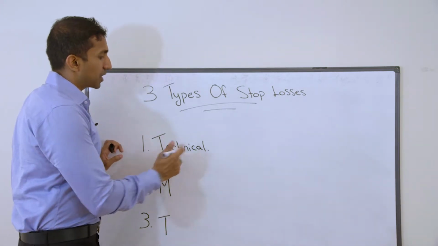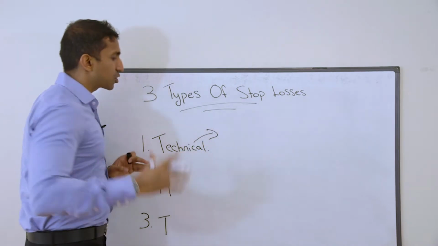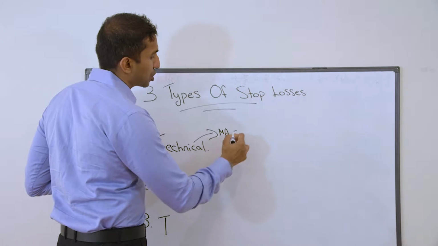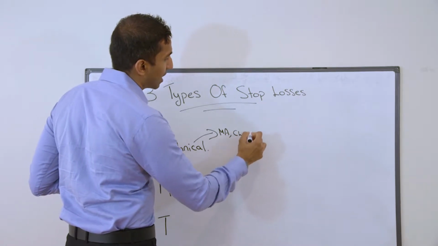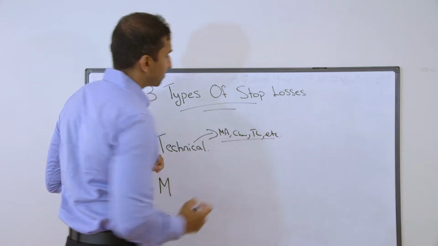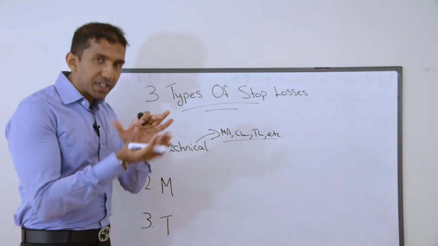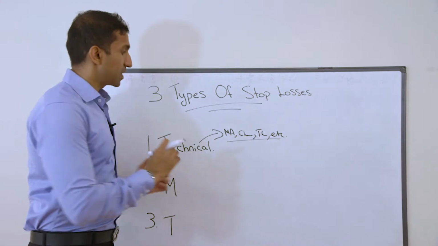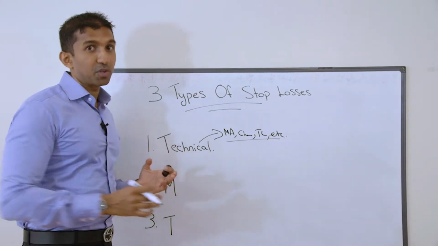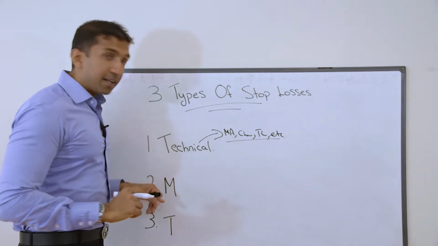The first one is called technical, and that's where all your kinds of stop losses come under, where you place your stop loss on the moving averages, channels, trend lines, and so on and so forth. All that is summarized under technical stop losses. Even if you use ATR based stop losses, they're all under technical stop losses. The second one